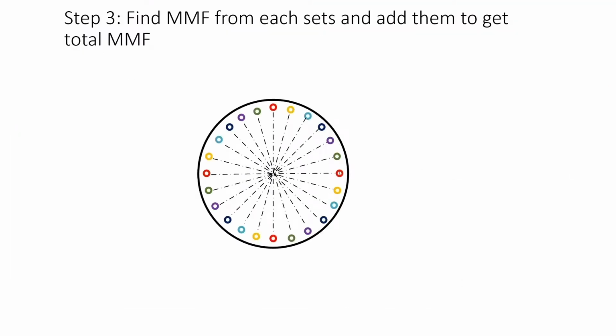Now let us consider the set of conductors shown by red. The MMF due to this set will be positive for 0 to 90 degree and 180 to 270. Similarly, if you consider the set of conductors which is shown by green color, the MMF due to this will be positive from 15 to 90 plus 15 and 180 plus 15 to 270 plus 15 and so on. So let us write the function for this in MATLAB.